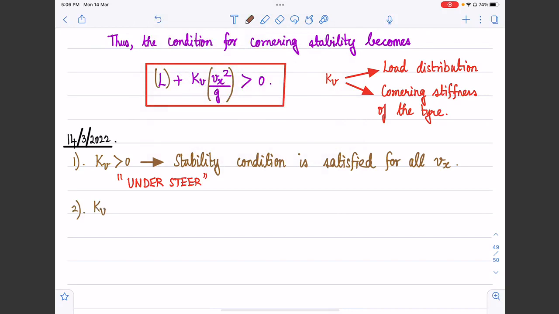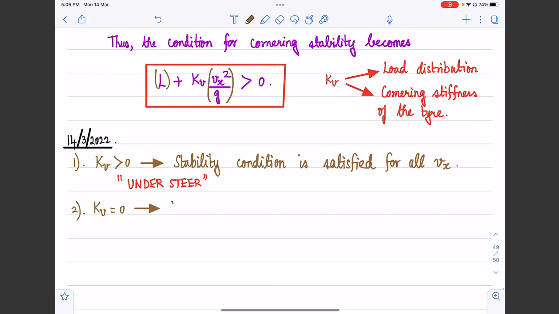If KB is exactly equal to 0, then once again, the above condition becomes L is greater than 0, which is anyway true. The wheelbase is always going to be greater than 0. So once again, the stability condition is satisfied for all Vx. That's something we can immediately and easily conclude from the above expression. Okay, so this condition, when KB is exactly equal to 0,